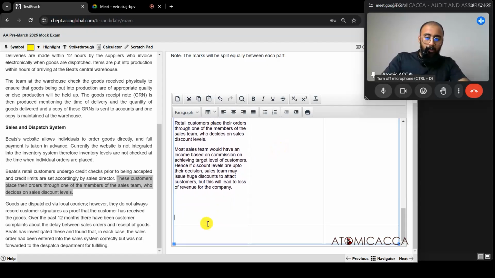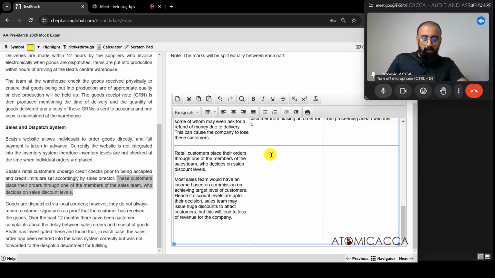Now, what can be a solution to this? How can this be sorted out? First, write the first point. Sales team, the discount levels, just like credit limit and credit checks, should be approved